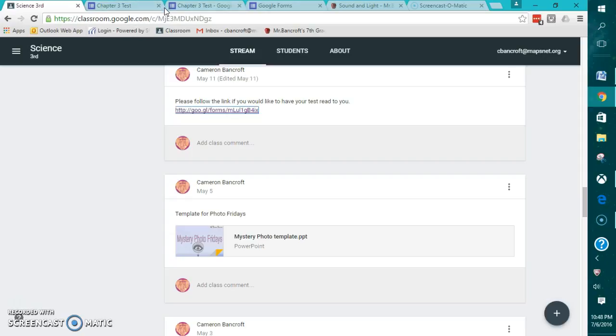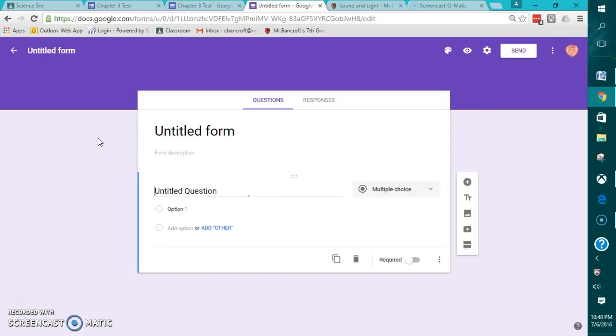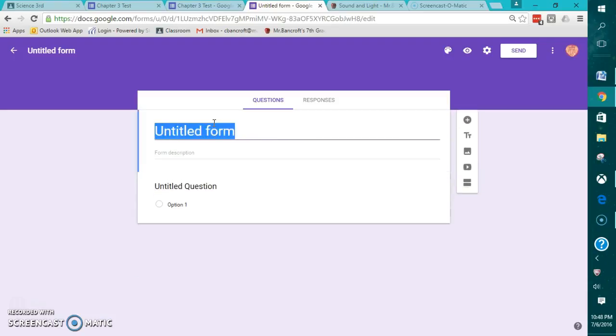So Google Forms does not really have a function for this, so we're going to have to make our own way. We're going to have to kind of trick it. And so I'm just going to create a blank Google form, and if you've never done one before, they're very simple. I would play with it a little bit before you attempt this. So I'm just going to name this sample,